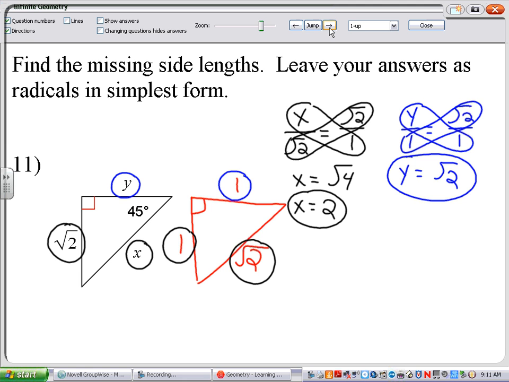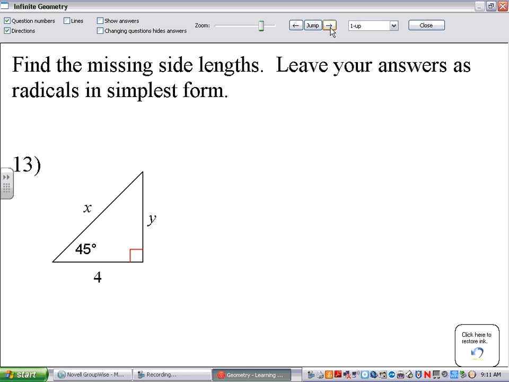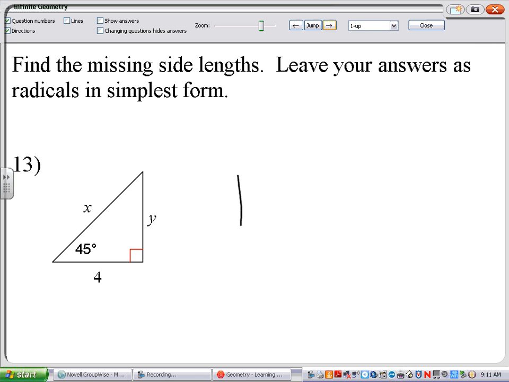Let's do number 13. Clear my screen. I can advance. 13 is another 45, 45, 90 triangle. So let's draw one that resembles it. Hypotenuse is square root of 2. My two legs are both 1. So let's find the x first. X corresponds to the other triangle's square root of 2. So x over the square root of 2 would equal, let's use my numbers now,